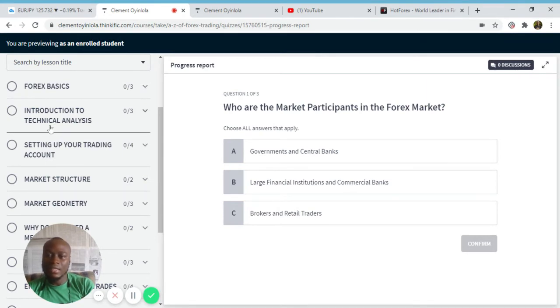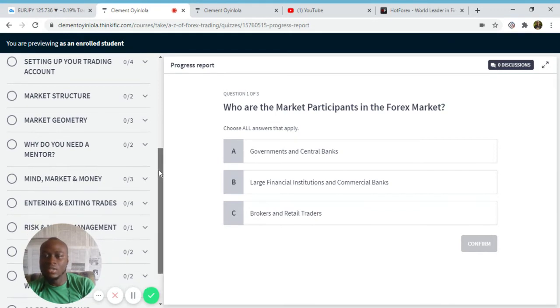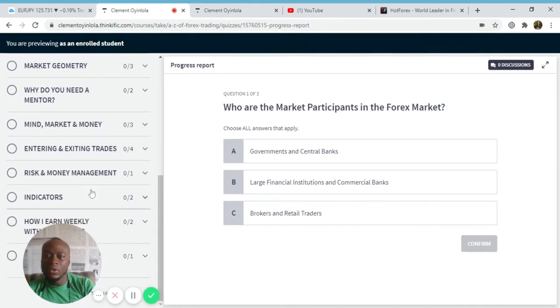Introduction to technical analysis has 3 courses on 3 lessons under it. Setting up your trading account has 4 lessons under it. Market structure, 2 lessons. Market geometry, 3 lessons. Why do you need a mentor, 2 lessons. Mind, market and money, 3 lessons. Entering and exiting trade, 4 lessons. Risk and money management, indicators, and how I